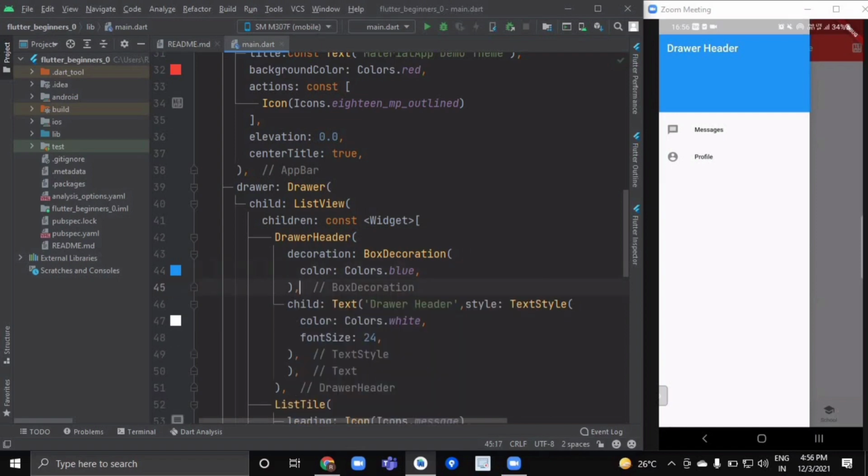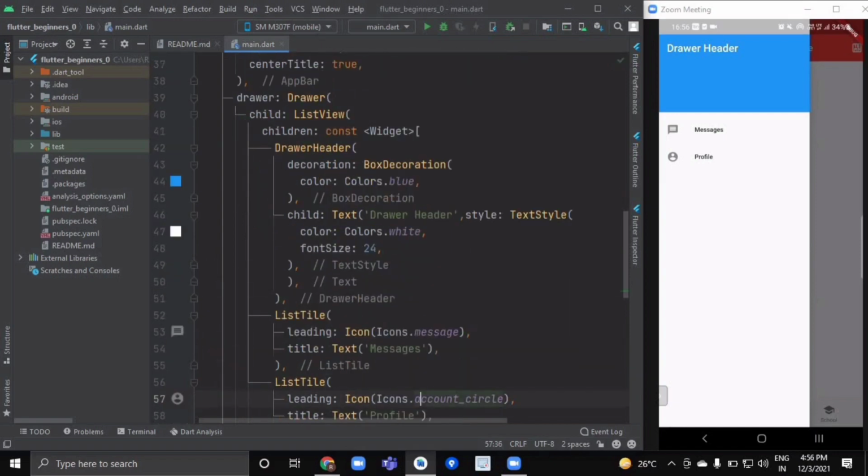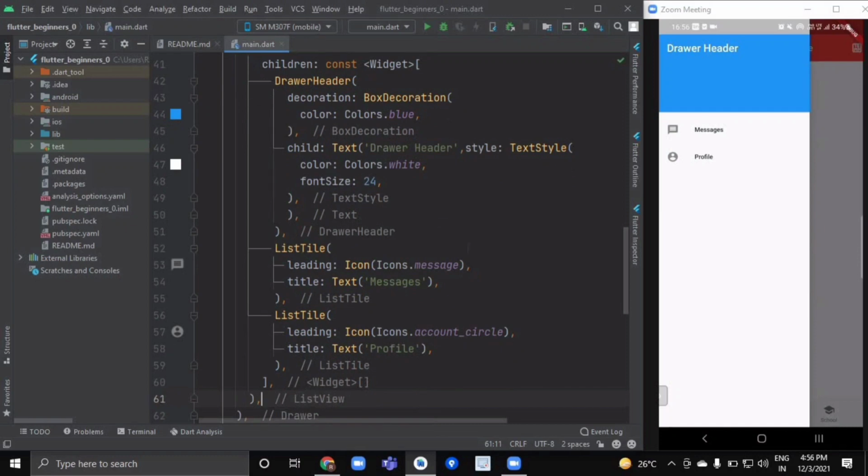Okay, now after this drawer header, we have 2 list style widgets. List styles are nothing but the widgets which are generally used inside list views. Okay, these are the standard material widgets. Now each list style has 2 attributes.